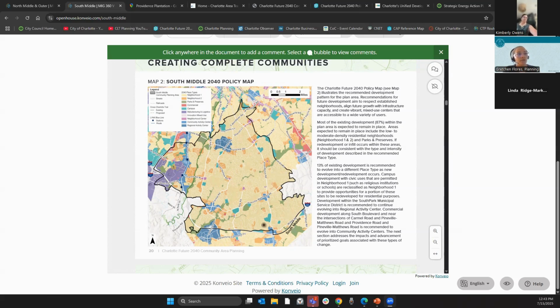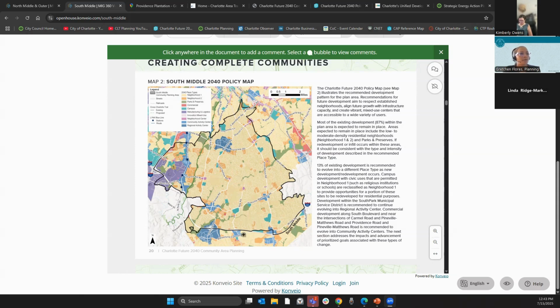That's where those uses can go. A large portion of this area is single family, and there's a lot of established neighborhoods. The neighborhood two are these orange sections, and that's really where you see a lot of your multifamily, so a lot of your apartment development can be found along there.